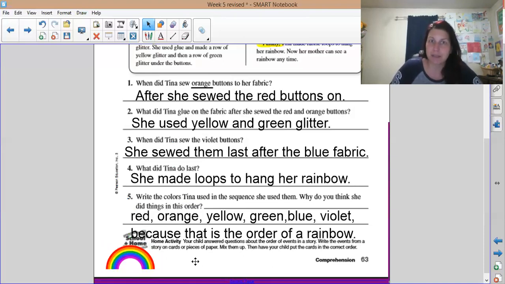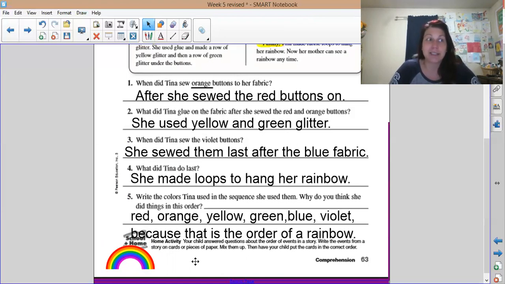If you've seen a rainbow in the sky, if you've seen a real rainbow in a picture, the colors in a rainbow do appear in that order. They may be a little bit different. They may look very pastel. They may not be as bold. I know when you color your rainbows, you color them any way that you want, but that is the correct